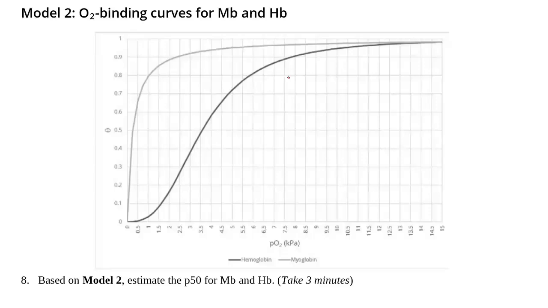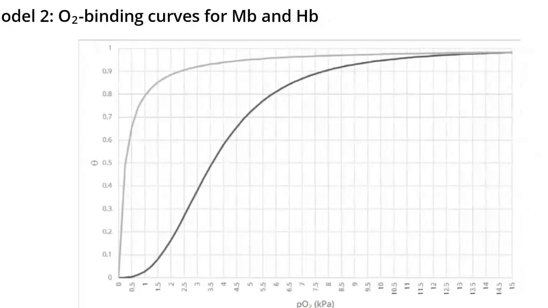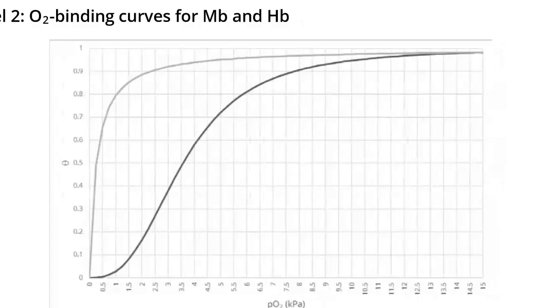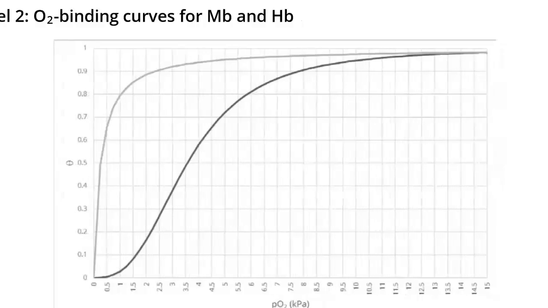In case you can't read that, let's blow it up just a little bit. All right. So that's zoomed in a little bit. And you have it on your paper, perhaps. If you don't have it on your paper, do it from the screen. But what I want you to do is to give me the P50 for each of them with the correct number of decimal places and the correct units. So pause and write your answers now.